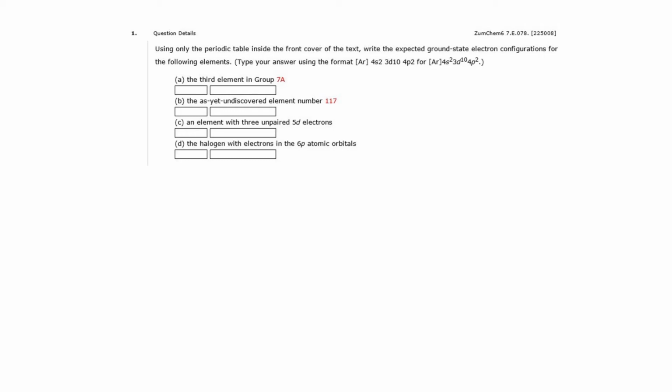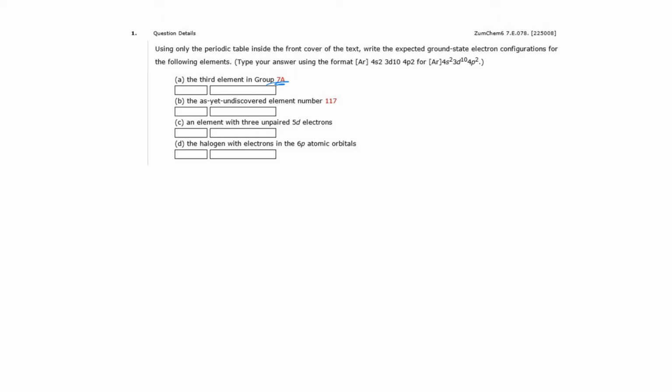Here's a question about electron configurations. They want us to be able to read the periodic table carefully and place an element in the right place. So question A, the third element in group 7A. If you look at your periodic table and the modern numbering scheme for the groups, it goes all the way